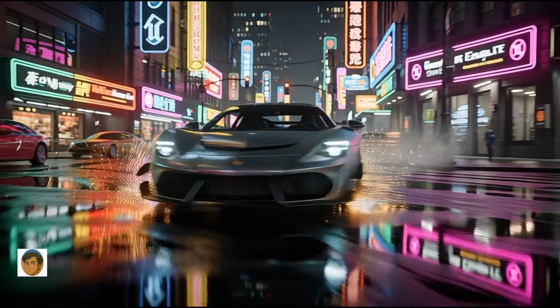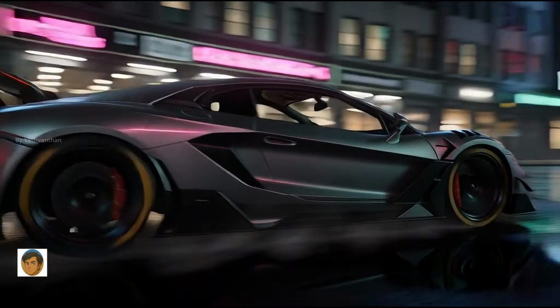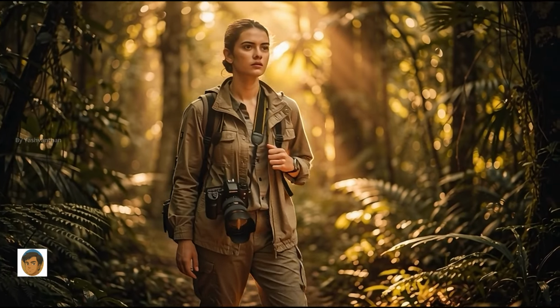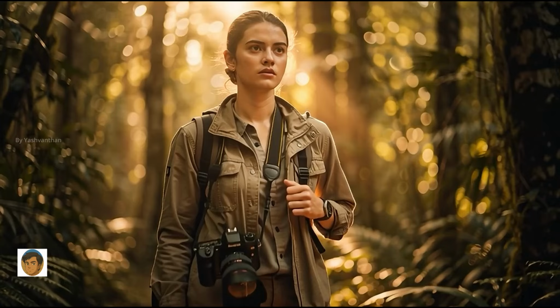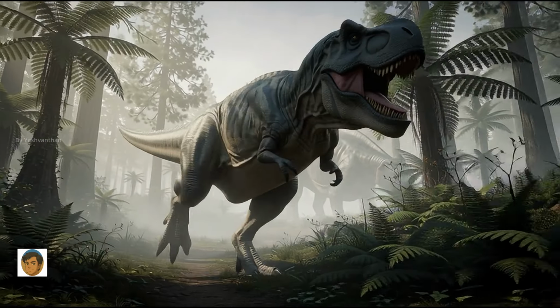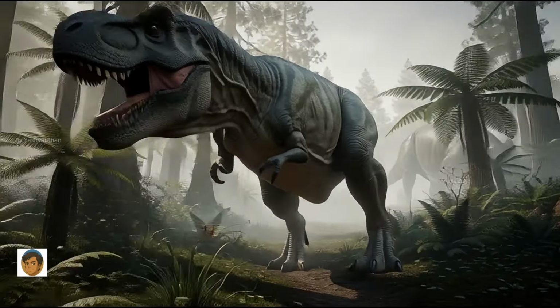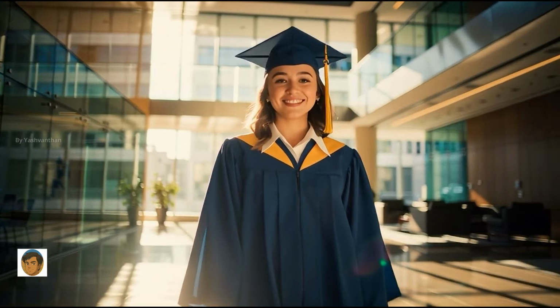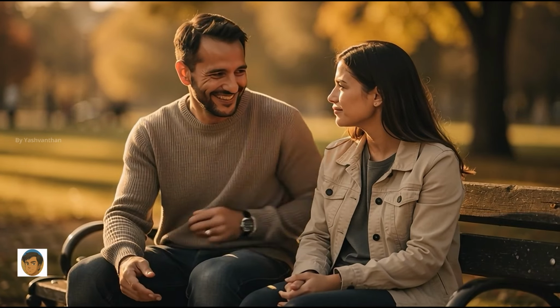Have you ever wondered why some AI-generated images look like movie scenes, while others look dull and lifeless? The secret isn't always a better AI model. It's often the image style hidden inside the prompt. A single phrase can completely change how artificial intelligence interprets your idea, transforming the same subject into something realistic, animated,